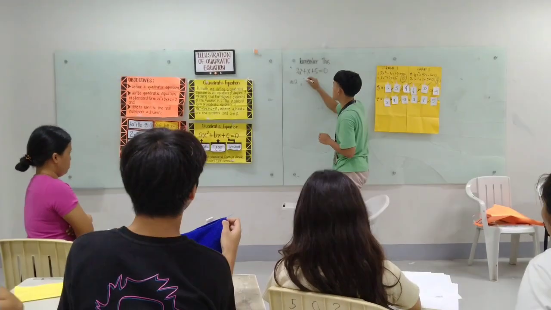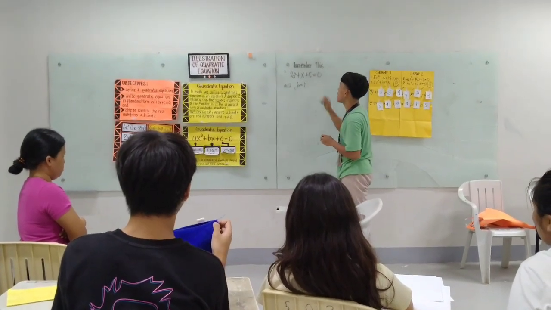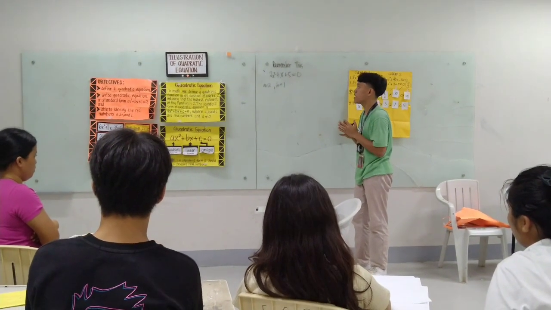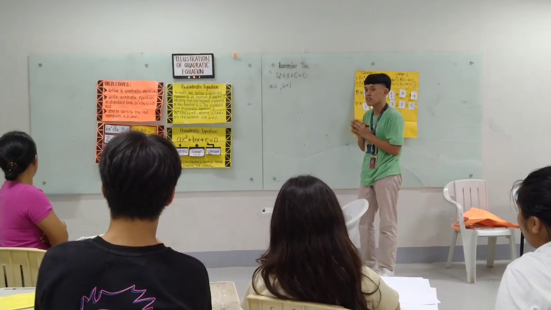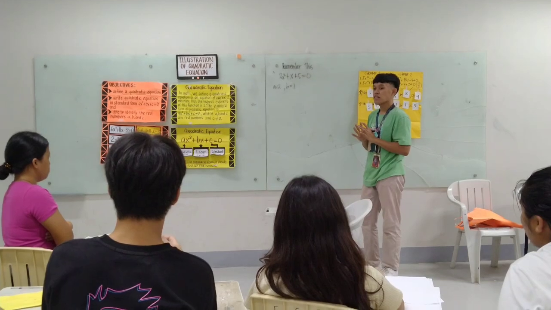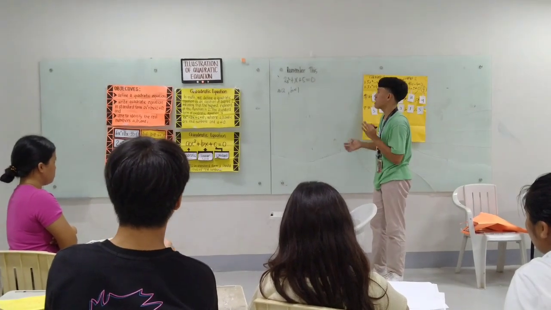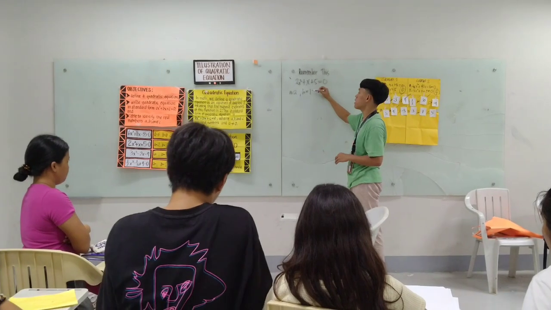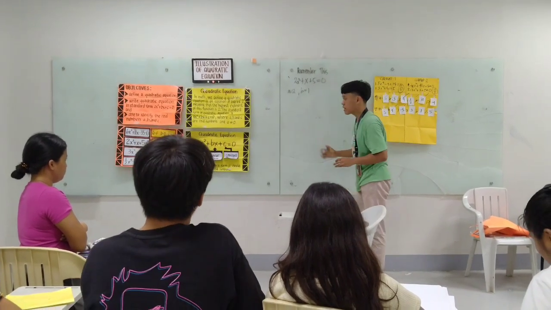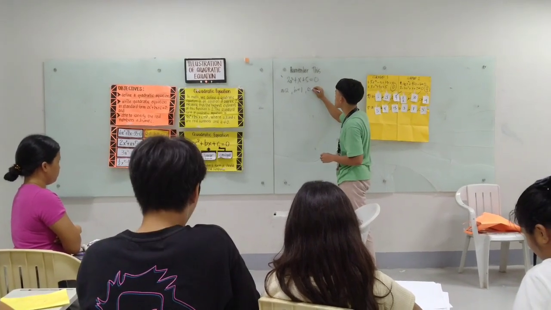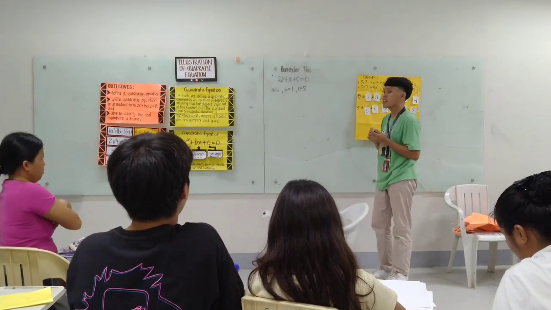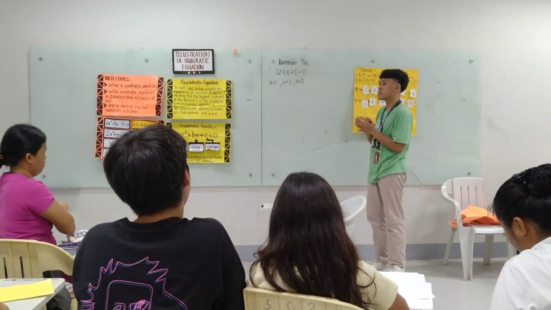So next, B is equal to 1. The question is, if B here is 0, is it considered a quadratic equation? Yes or no? Yes. Even if B is equal to 0, it will be considered a quadratic equation. And lastly, C is 5. And the question, if C is equal to 0, is it still a quadratic